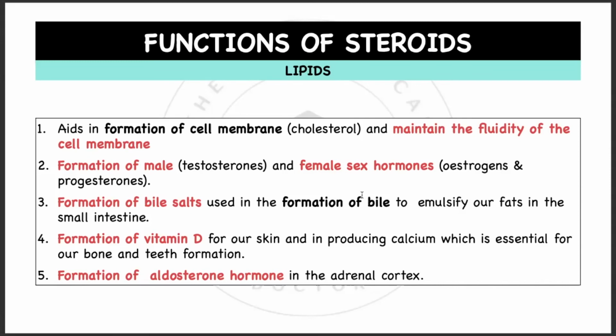It also aids in the formation of vitamin D. So vitamin D is for our skin, but vitamin D is also important in the production of calcium, and as we know, calcium is essential for our bone and teeth formation,